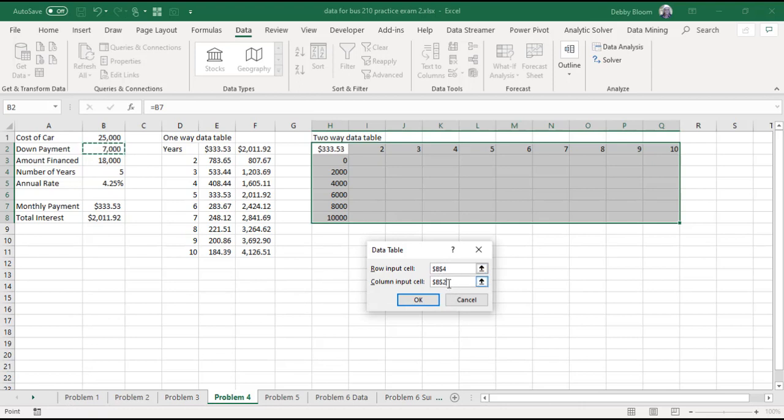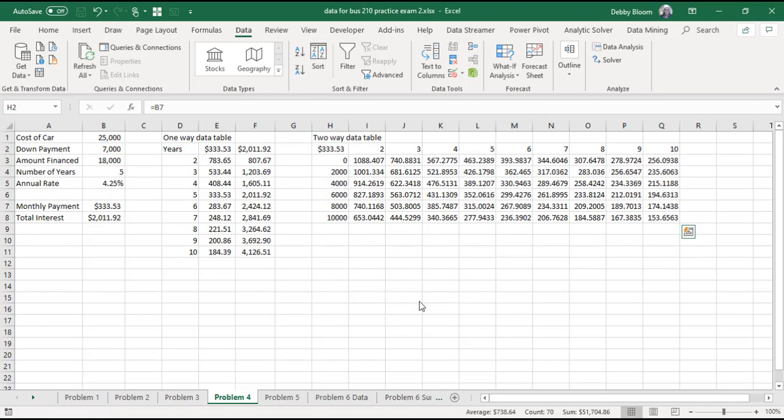After I have my row and my column input cell, now if I had put the years down column H and the down payment across row 2, then in this data table the row and column input cell would have been reversed. But the way I chose it, I have the years across row 2 and I have the down payment down column H. So now all I have to do is click OK,